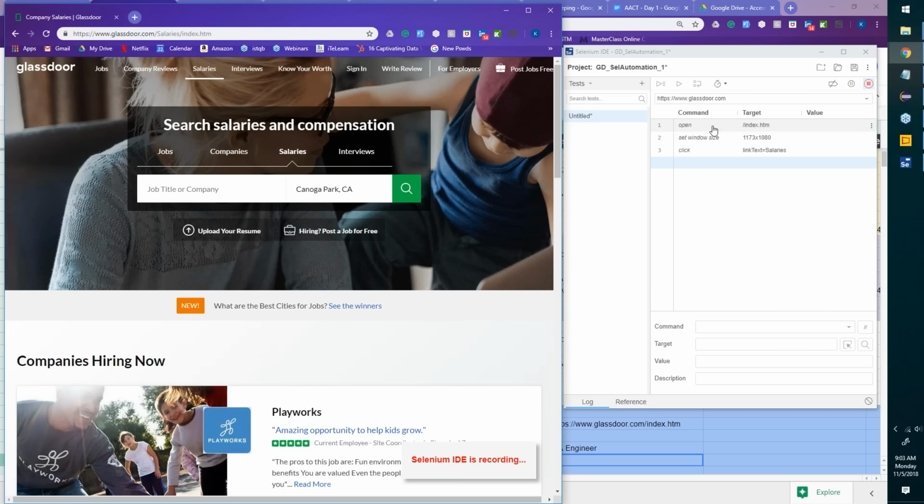And that is great because that's the first step towards automation. If this is not happening, please check, something must not be correct. Close all your windows, close Selenium IDE, then start again. It should typically work.